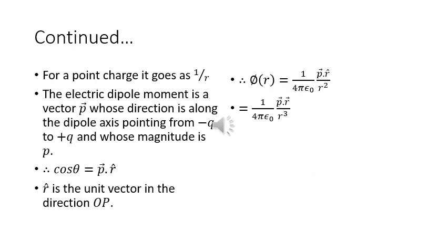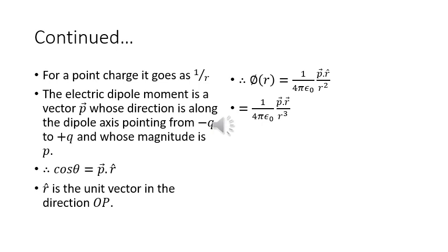For a point charge, it goes as 1 upon r. The electric dipole moment is a vector p whose direction is along the dipole axis pointing from minus q to plus q and whose magnitude is p. So cos theta is equal to p dot unit vector r. r is the unit vector in the direction OP. So phi r is equal to 1 upon 4 pi epsilon naught p dot unit vector r upon r square. If we substitute r vector instead of the unit vector, then in the denominator we will have to substitute an extra r. Therefore, phi r will become equal to 1 upon 4 pi epsilon naught p dot vector r upon